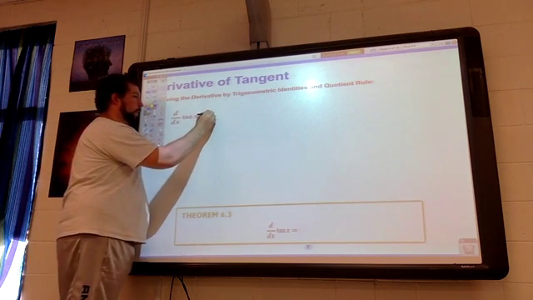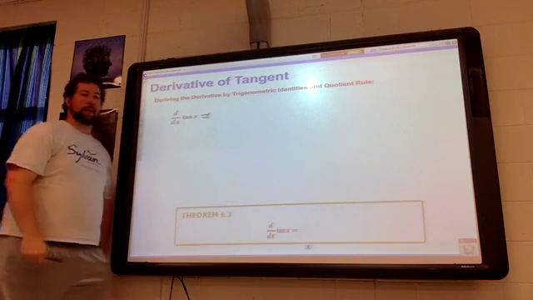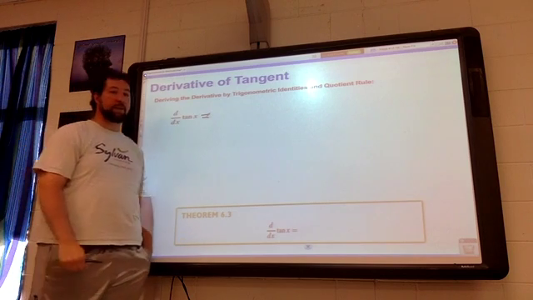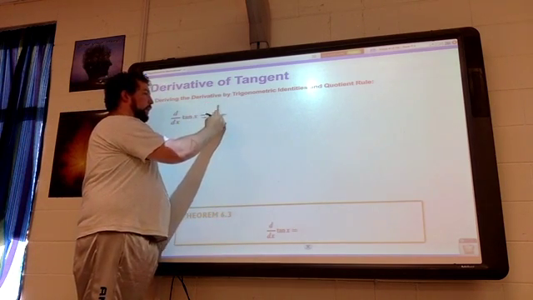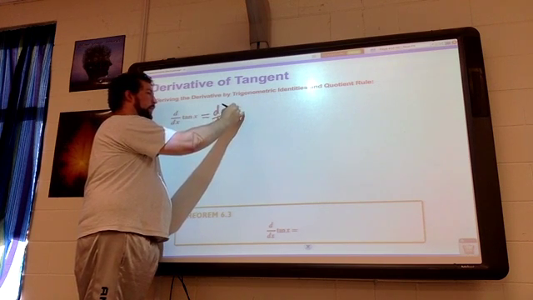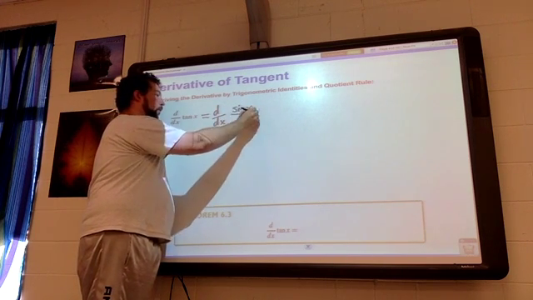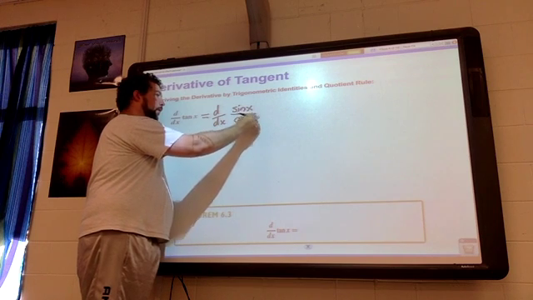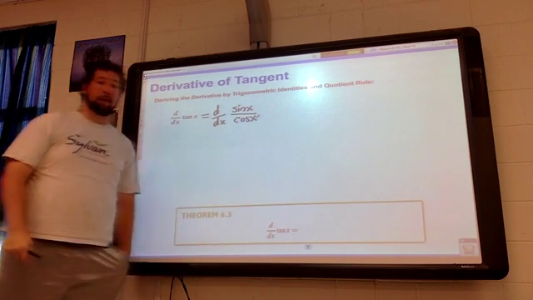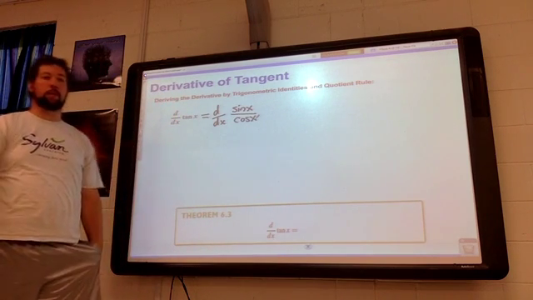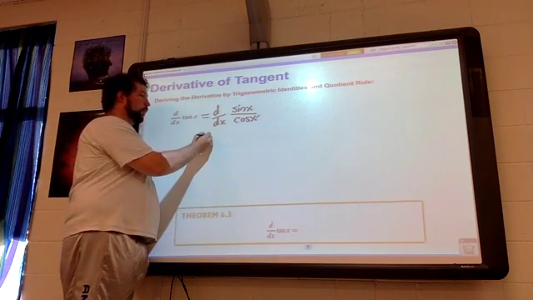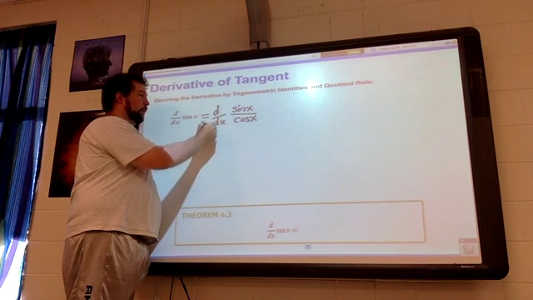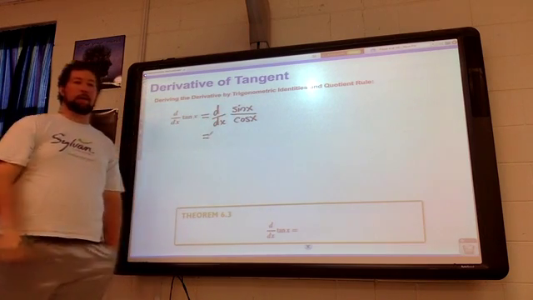So let's do it. All right, the derivative of tangent. Hopefully you remember from last year in Advanced Math Plus. Tangent is the same thing as sine over cosine. You probably also saw that in your ACT math review a couple of days ago. Well, if I want to take the derivative of sine divided by cosine, I've got to use the